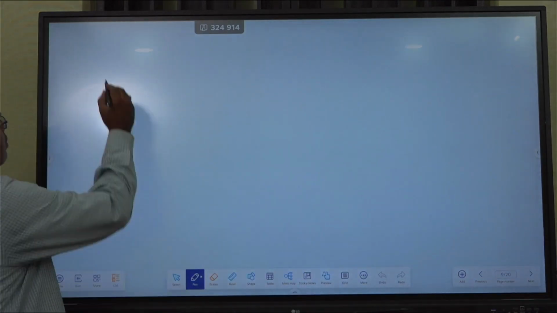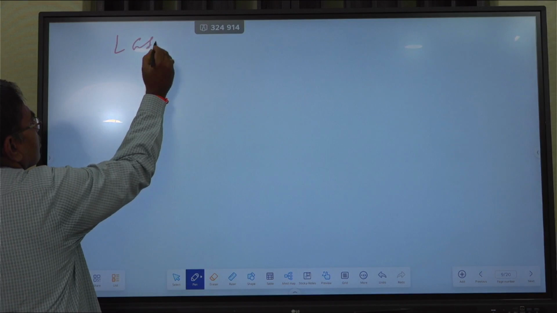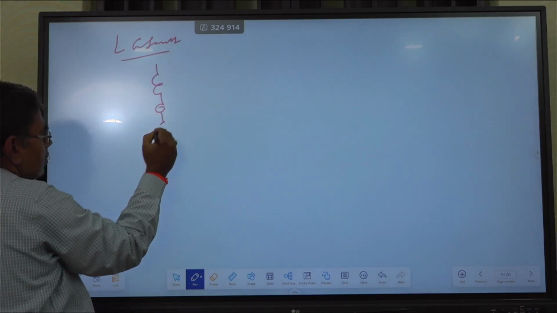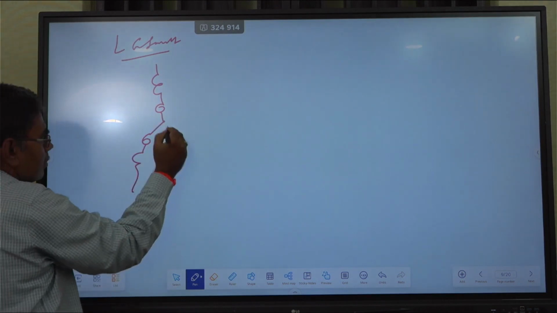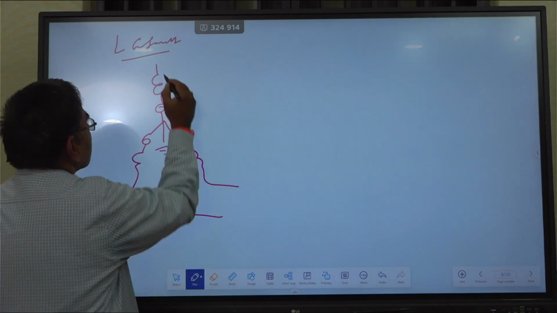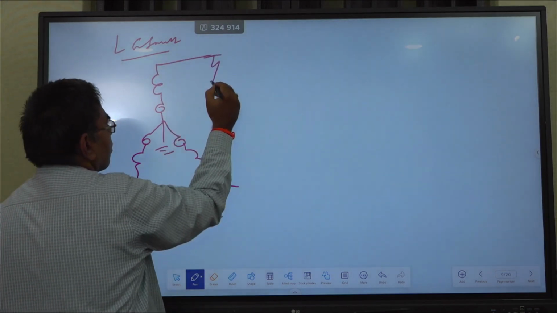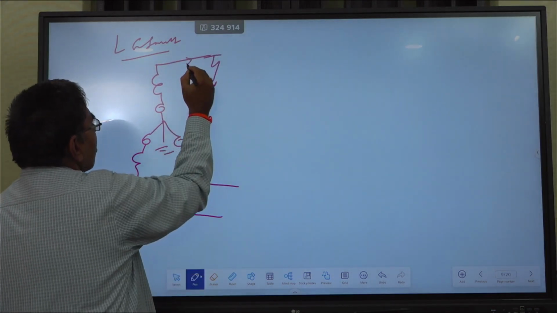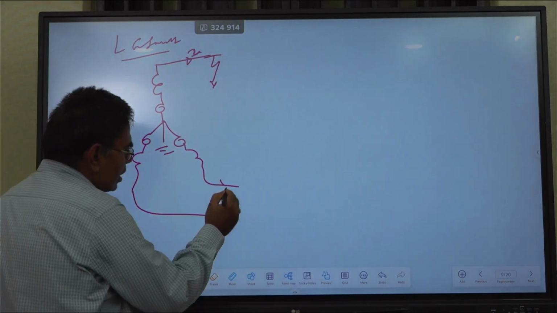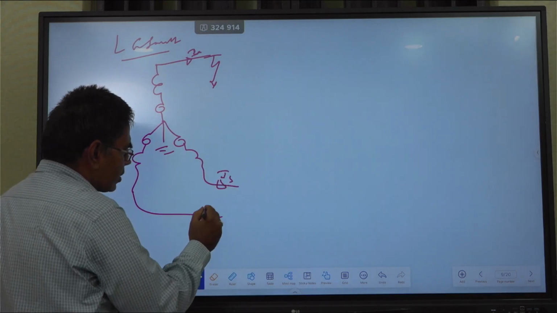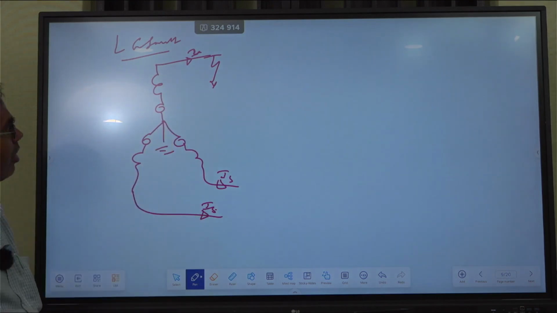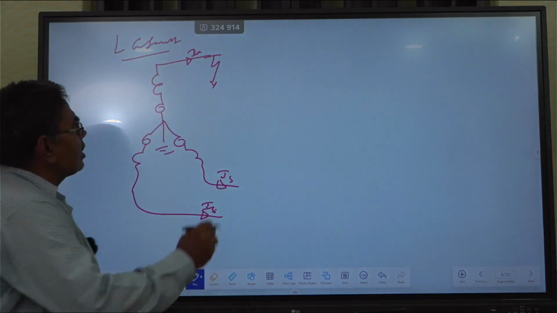Next, LG fault. The fault takes place on phase A. There is no fault on phase B and phase C. In case of LG fault, the fault takes place on phase A, then the boundary conditions are